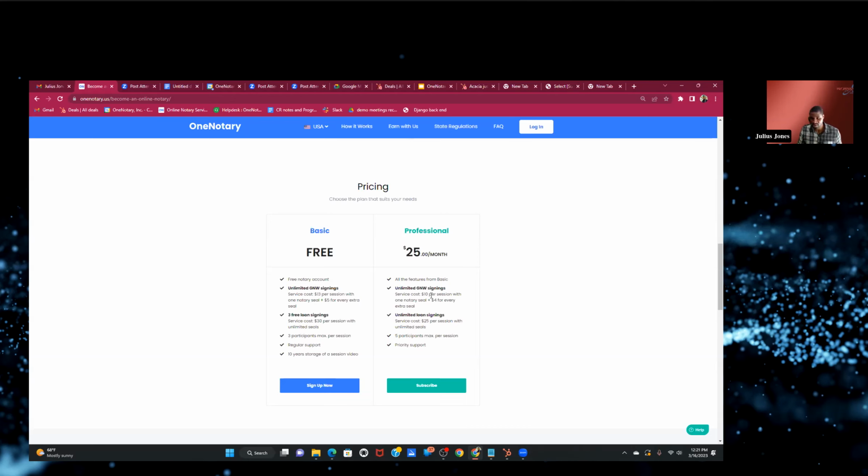Same principles for the professional, except for the general notary work, it's $10. And whenever the signer's charged $25, 10 will be subtracted and you keep the difference. The same thing for this here. Now, with the professional, you get unlimited loan signings. Now, the only difference between the general notary work and the loan signing option here is this 25 is not something that you would pay. This would be paid by the signer plus the fee that you charge them for the actual loan session.